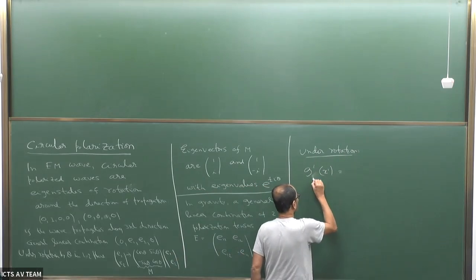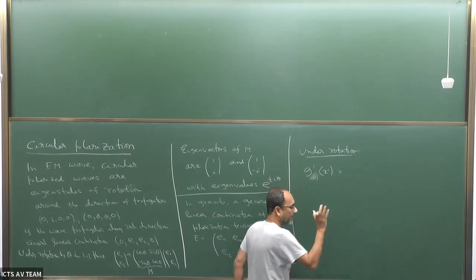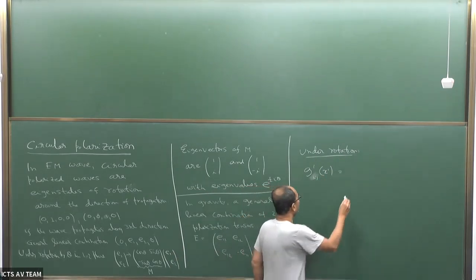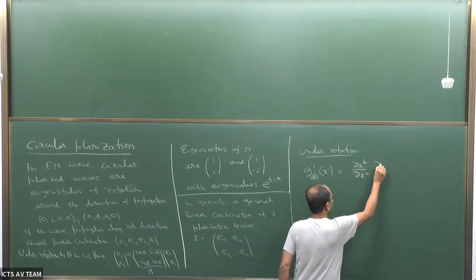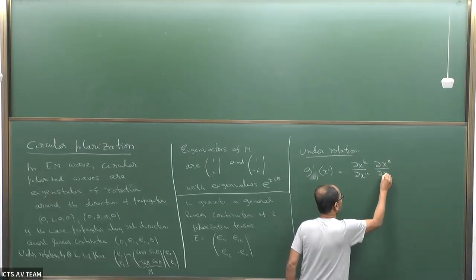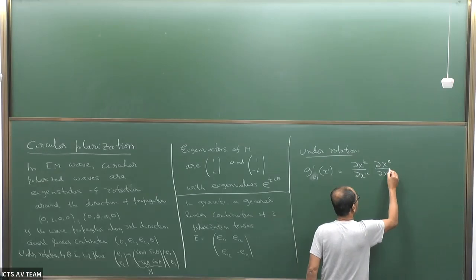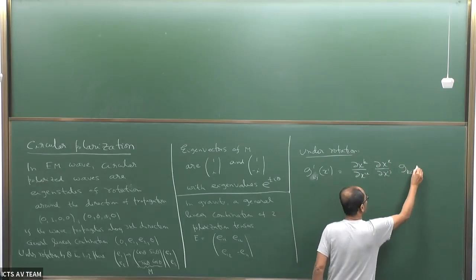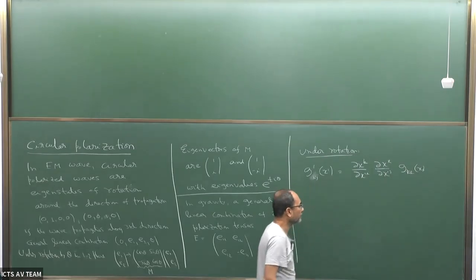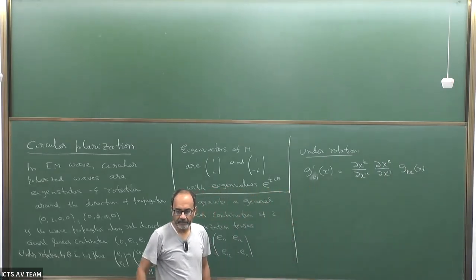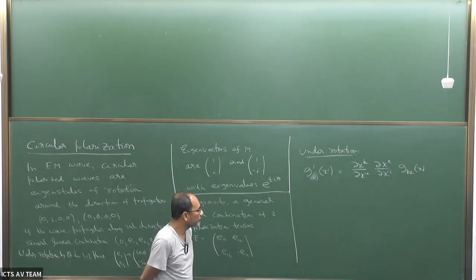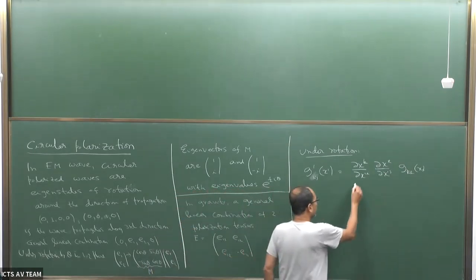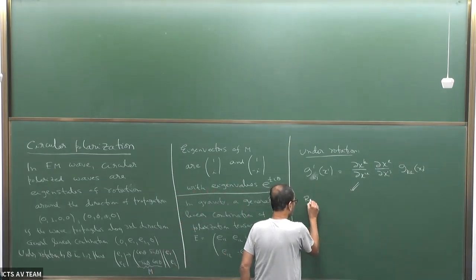Let me write in terms of BU first. Okay, I'll just write Ij, because rotation really acts in the spatial directions. If we just make a transformation in the spatial direction, this is the way the metric will transform. And if we want rotation in the 1-2 plane,